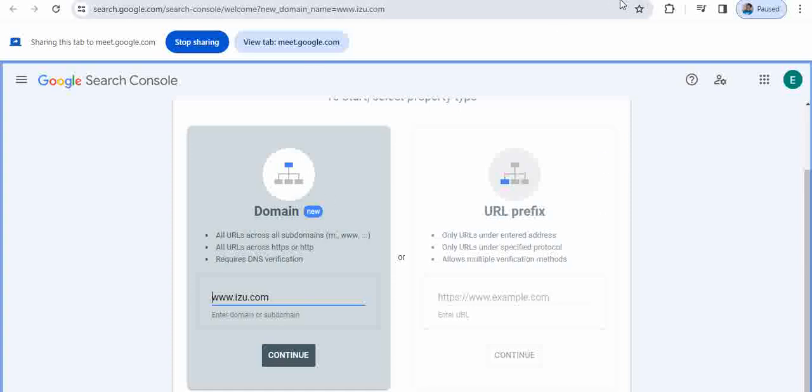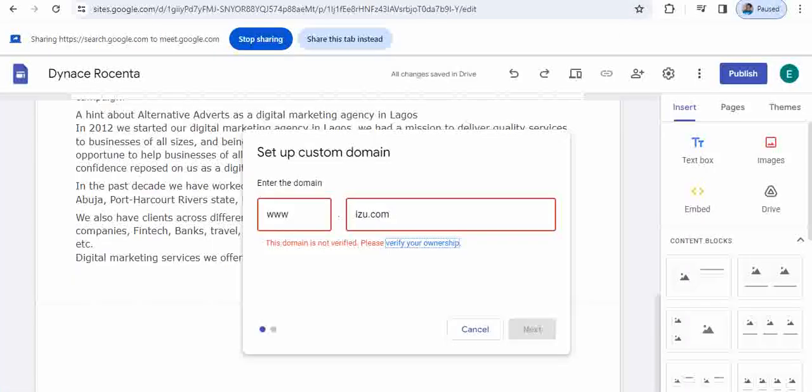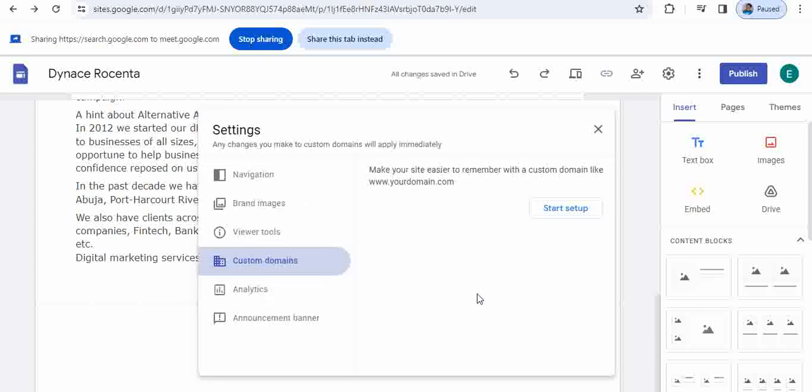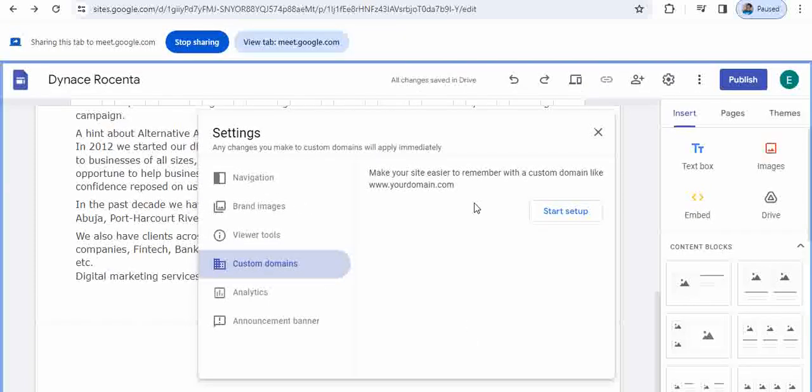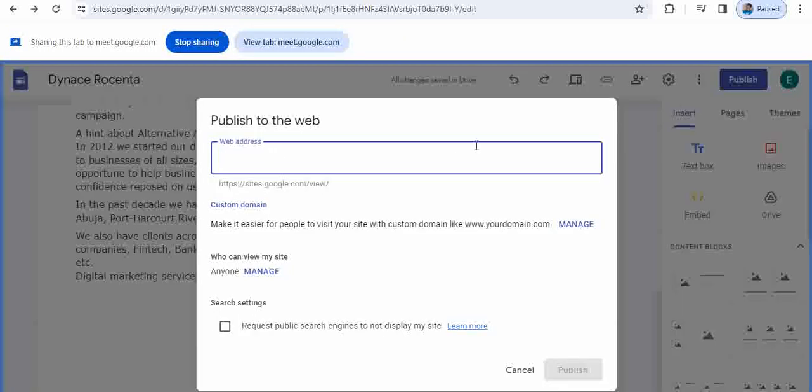So we are not going into that. I'm just showing you that you can use a custom domain that you have bought, right? So let's go back here. We are not going to use this. So let's go back here. So we are not using this. We are using